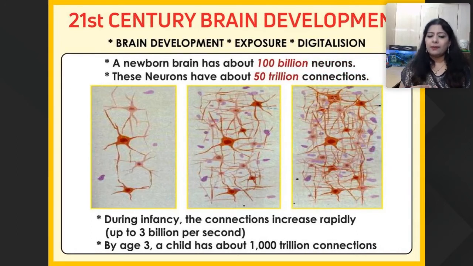A newborn baby has about 100 billion neurons. These neurons have about 50 trillion connections. During infancy, the connections increase rapidly, up to 3 billion per second. And by the age of 3, a child has about 1,000 trillion connections. Now, this is a study, this is a report. And with every passing year,